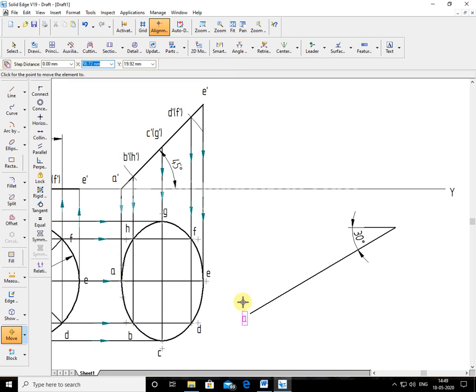That means I have to first locate the true length of the diameter, AE1. What is AE1? It is a true angle, first position. What is the diameter of the circle? The true circle here, true diameter, it is 50 mm.